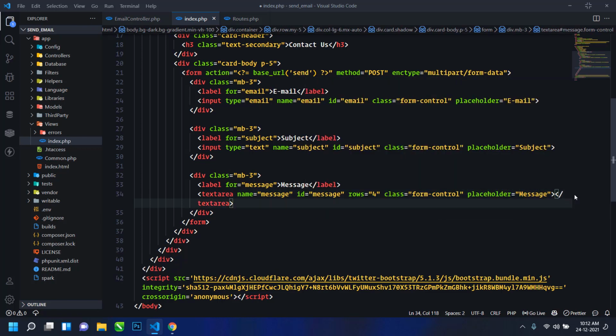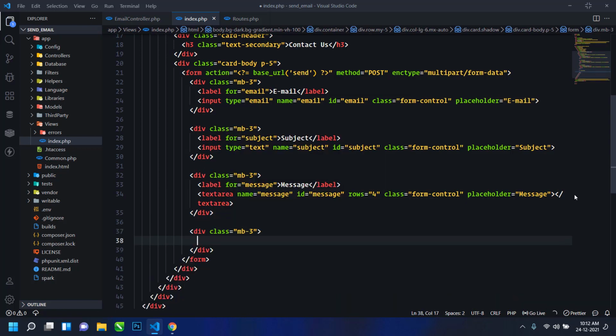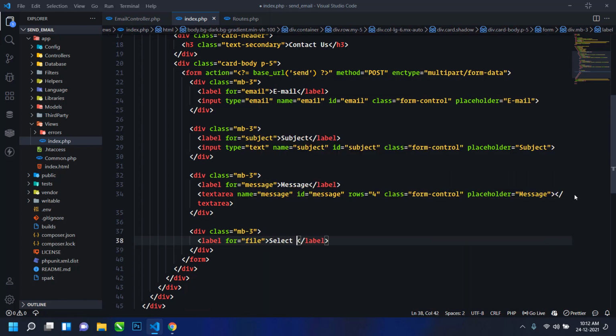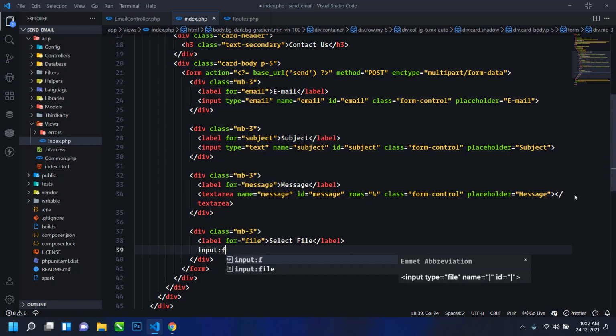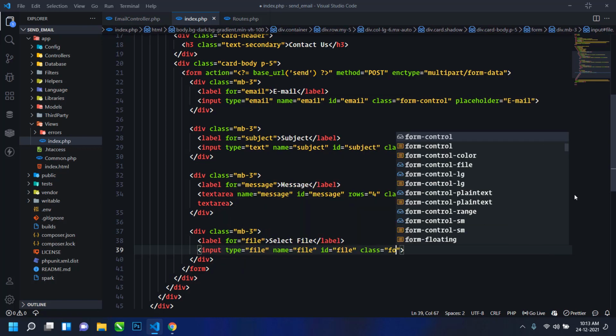Okay, now next I will create a file input field. So here in the label I will write file, and here I will write select file, and the input type will be file, the name will also be file, the id will also be file, and in class I will use form-control.